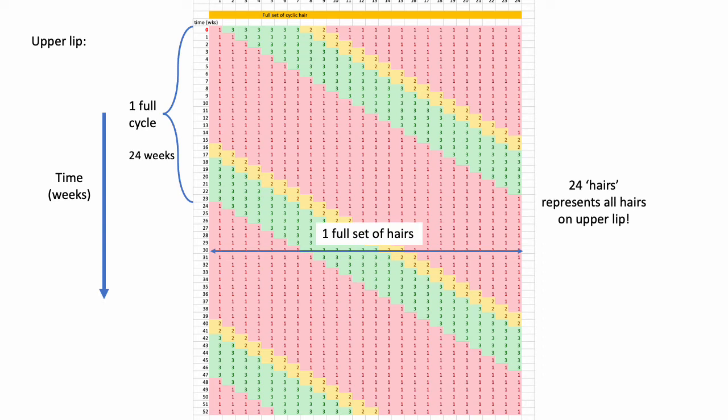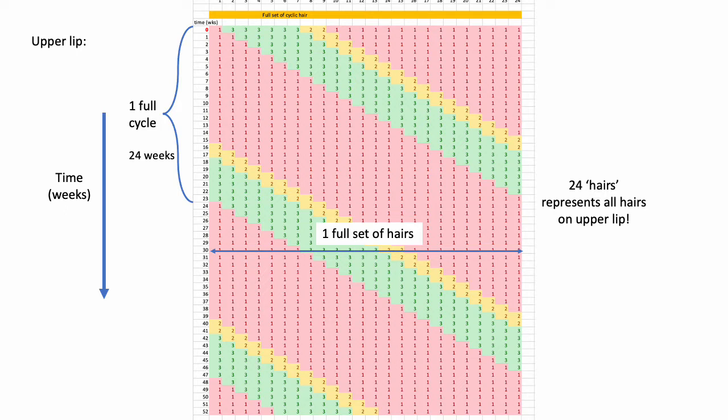Now, what this shows is 24 hair follicles, which in fact represents every hair on the upper lip, because if you pick any random hair, it will be in one of these cycles, one of these points in this chart. So in actual fact, 24 representations like this represents every single hair on the upper lip. So this is the design of the little model that I made,